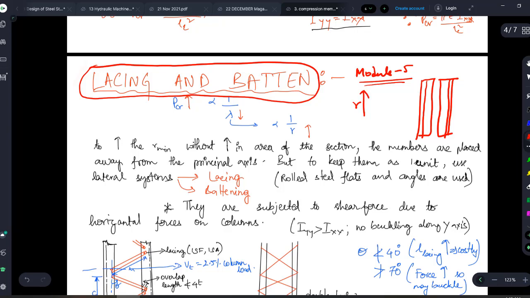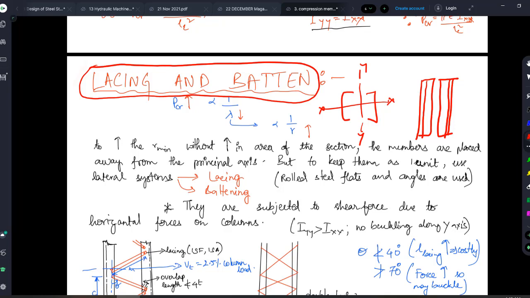Or minimum, to be precise. You should not just call radius of gyration more, you should say the minimum radius of gyration as more. Why? Let us try to understand. If you are having the same C section, we have discussed this before also. So this will be your yy. Let us say this is your xx. I am seeing in the top view. So xx and yy, whatever radius of gyration, you will be getting ryy here, rxx here. Let us say your ryy is less in this case. This is minimum and this is your maximum.